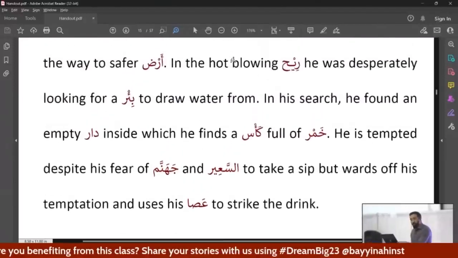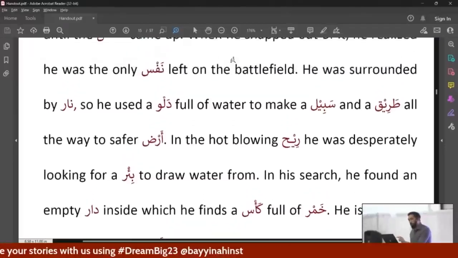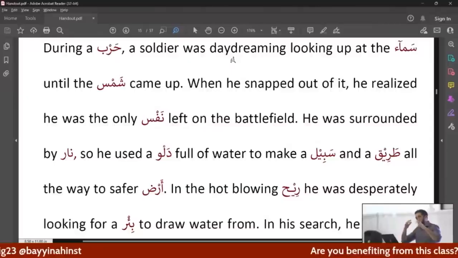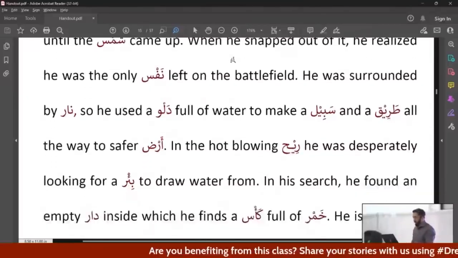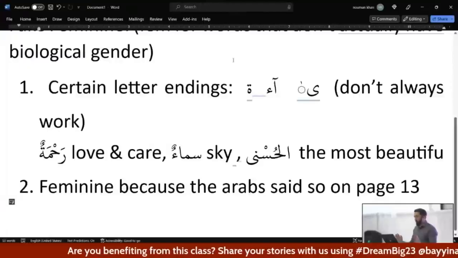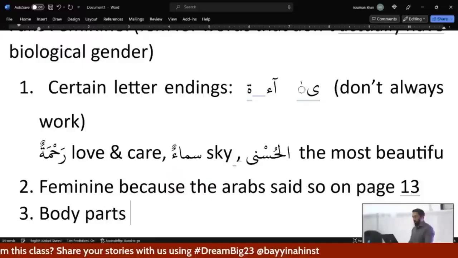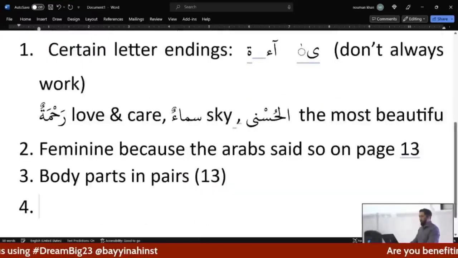Oh, the sama. It's a little trickier than that. I would still keep it in this category. When you get a little bit more knowledgeable in spelling structures, then you'll see that that's a different one. Okay? So feminine because the Arab said so on page 13. I'm going to just add here body parts in pairs. And that's also 13. And finally,